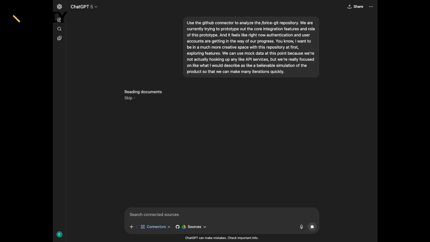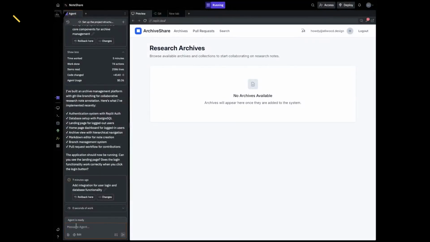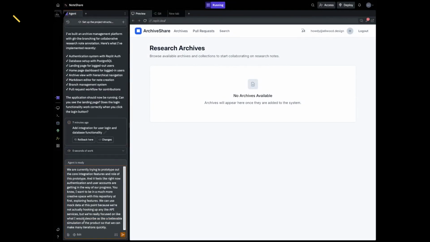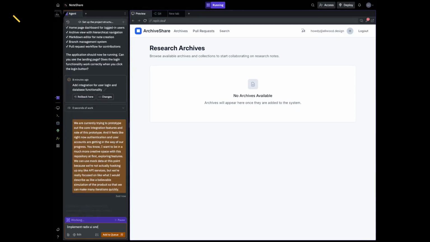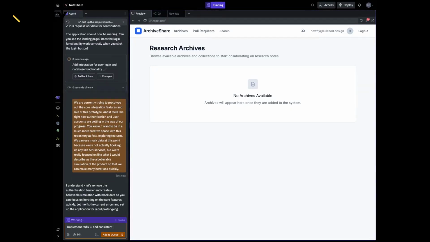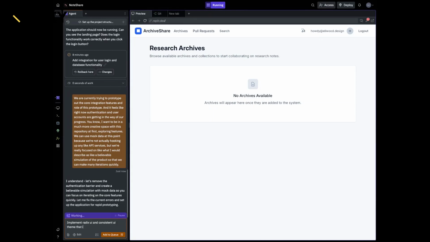We can also ask, actually, it wouldn't hurt while this is running in case it doesn't work. I'm actually going to go tell the same thing to the Replit agent. Let's share this tab instead. I'm just going to drop this in the Replit agent, removing the prompt for the GitHub connector, and we'll just let that run. Something else that I really like to do is use the queue feature. So I'll say implement Radix UI and a consistent UI theme that is easy to control. And then what's cool about this is I can queue these up.